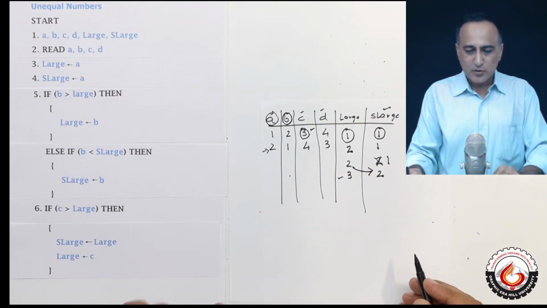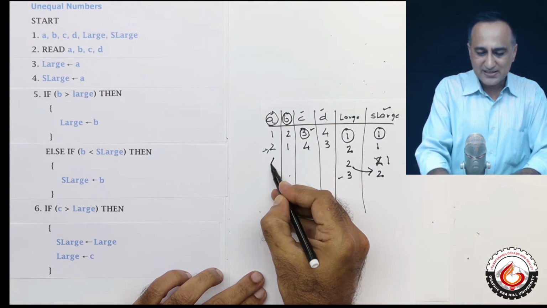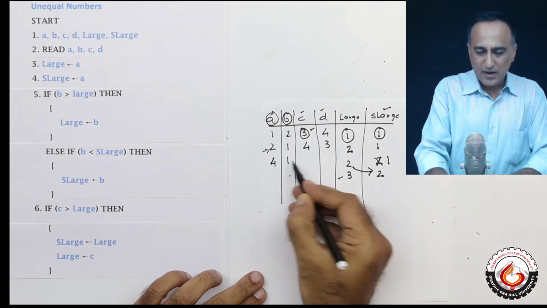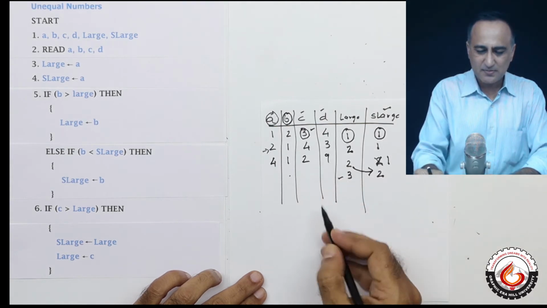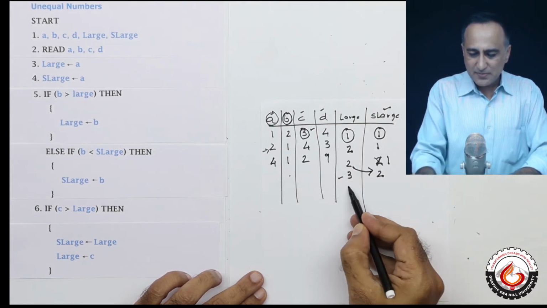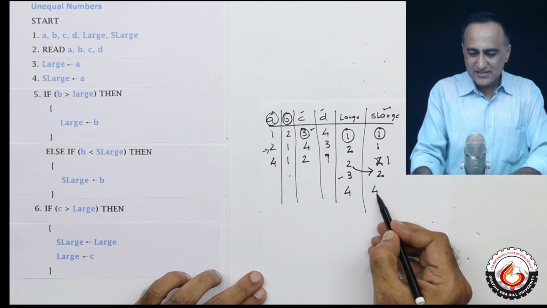Now there is also a possibility. Suppose I had numbers like this: 4, 1, and 2, and say 9 here. This number doesn't matter. Now in this case my large would have been 4 and second large would have been